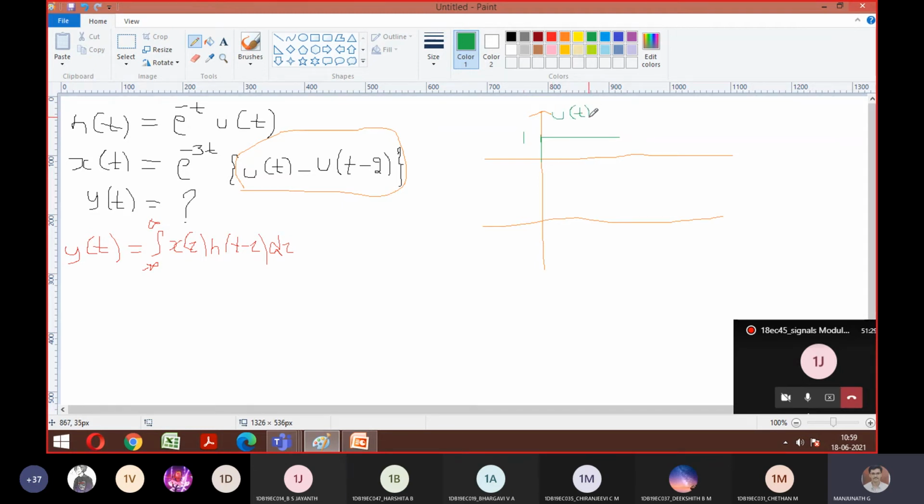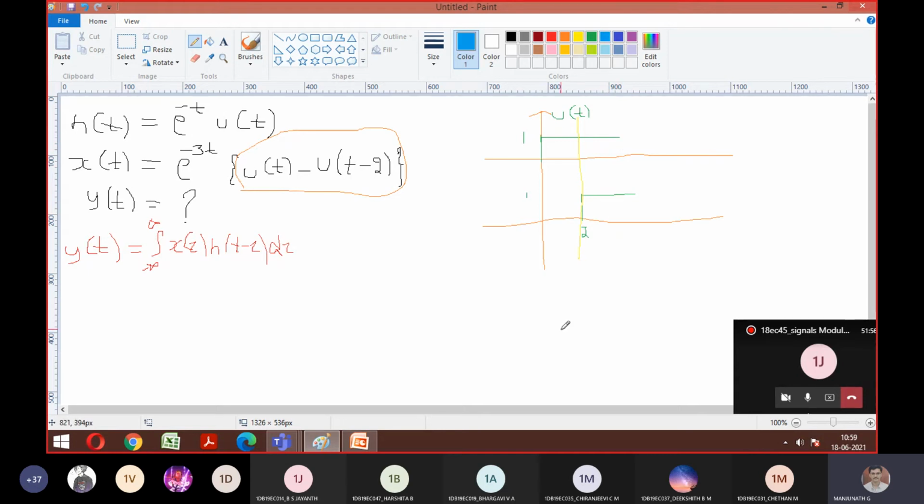Then I want u of t minus 2, which means it is somewhere like this. So t minus 2 is called the delay version. So this is 2, this is 1. So now what is the thing they've asked? They asked you to subtract this 2. So subtraction, I hope you remember. It means till this much I can expect the waveform, correct? Because it remains the same only. After that it is going to be subtracted completely.